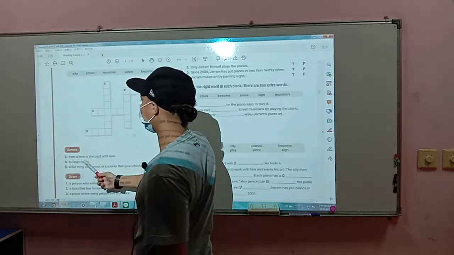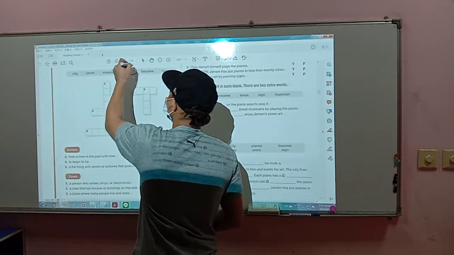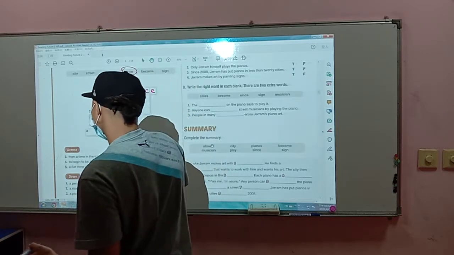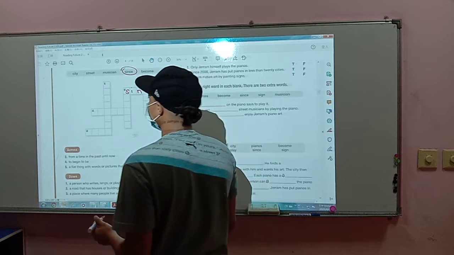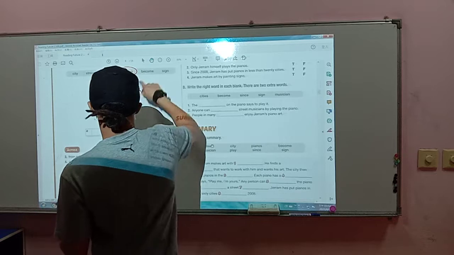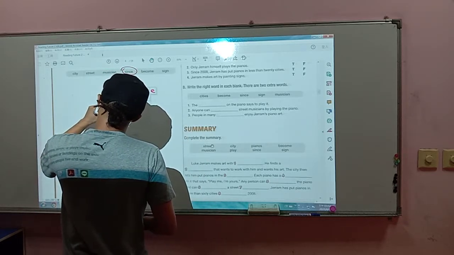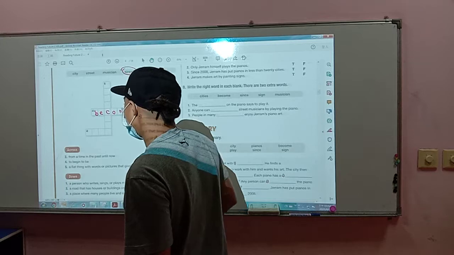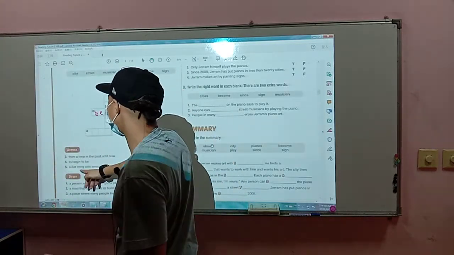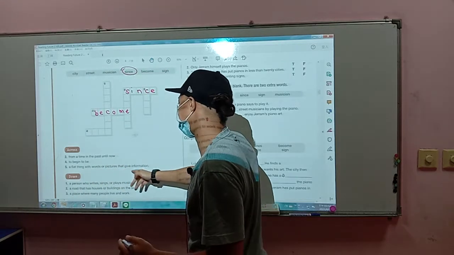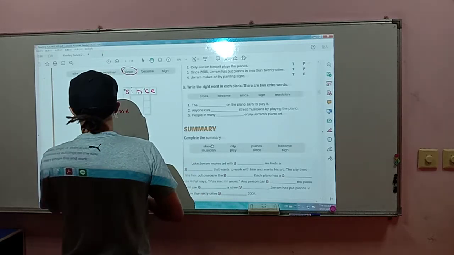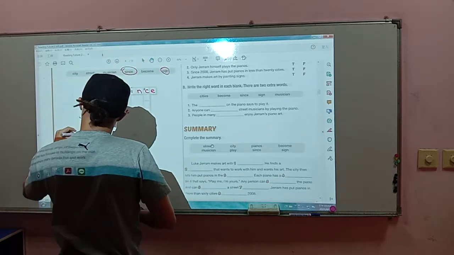Alright, this is from a time in the past until now. That word is since. Okay. Number 4, to begin to be. So this is to become. 5, across. This is a flat thing with words or pictures that give information. Oops, I'm writing words. So that is sign.